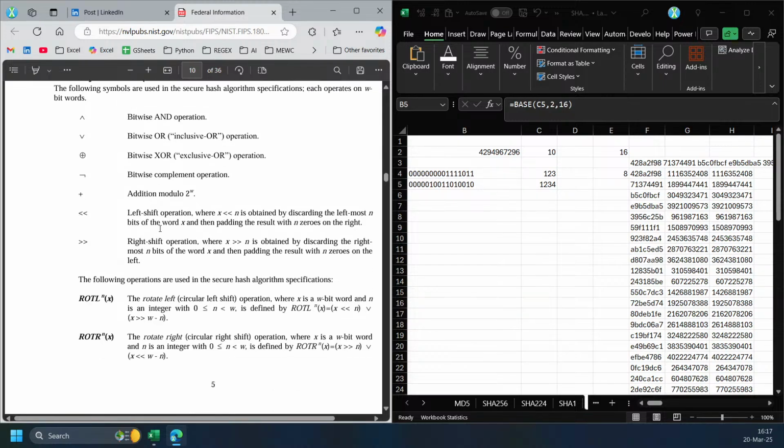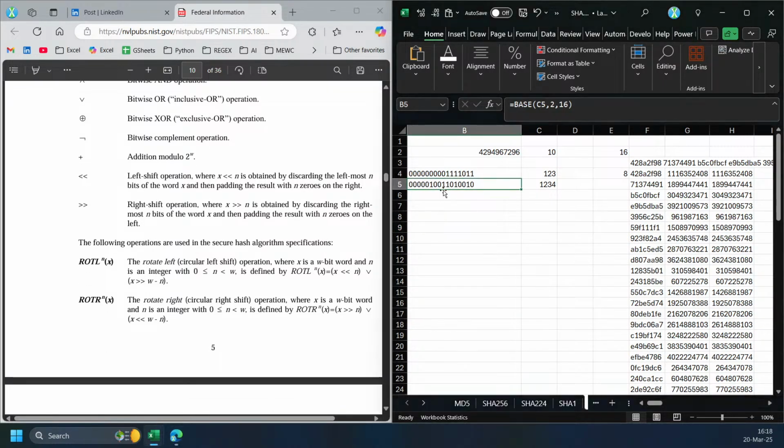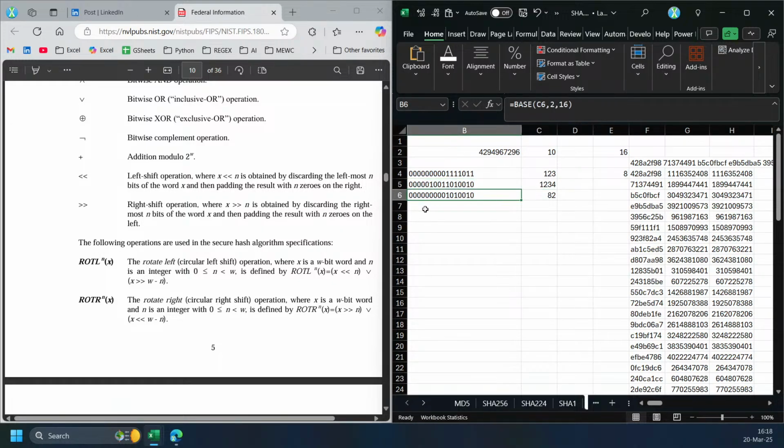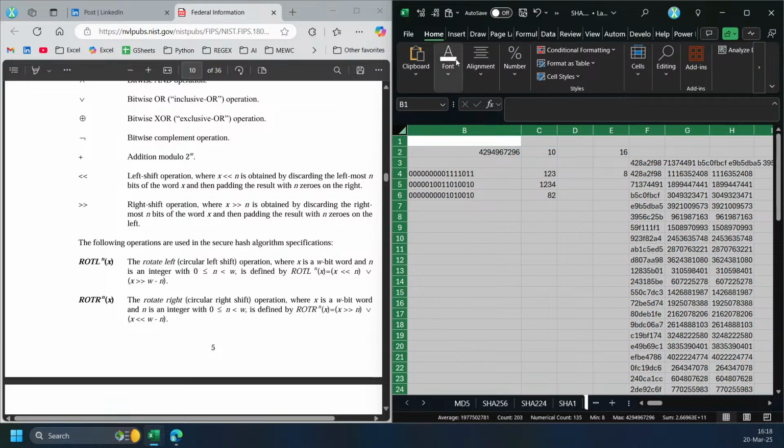Okay, bit and. Bit and is the operation where we check each digit of two numbers, and if all are 1, then we return 1, else return 0. Excel already has this bit and operation, so I'll go with it, but this deals with numbers, not binary. So bit and with these two returns this number, and if I change this one to base, we can see that